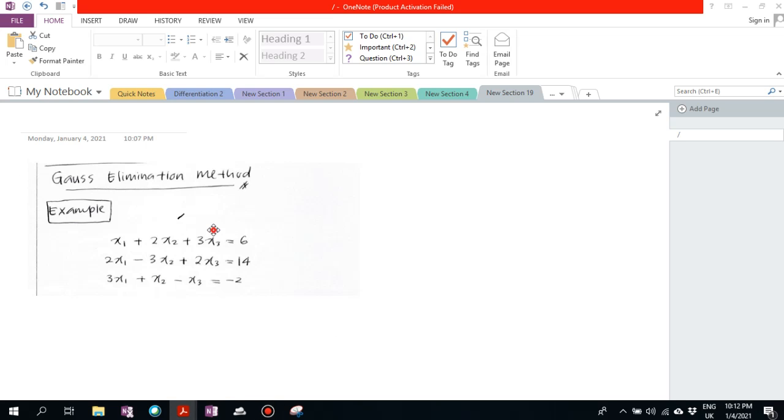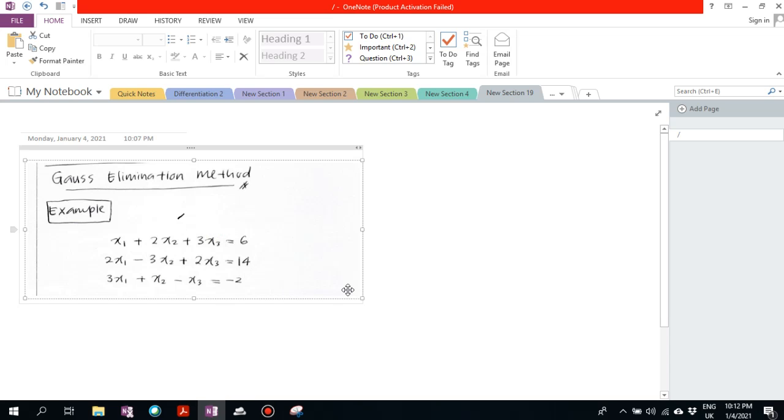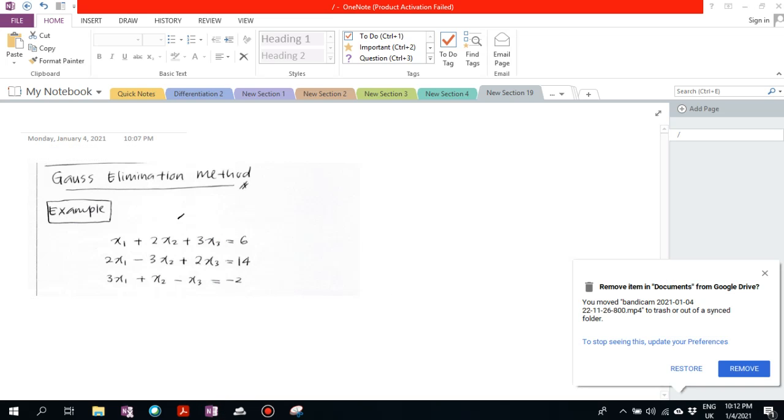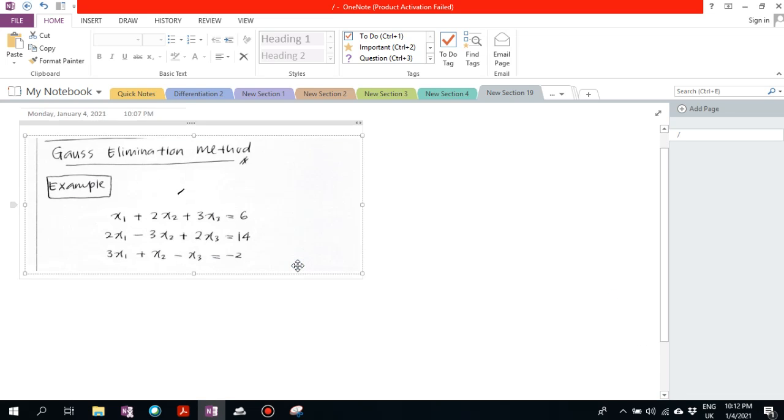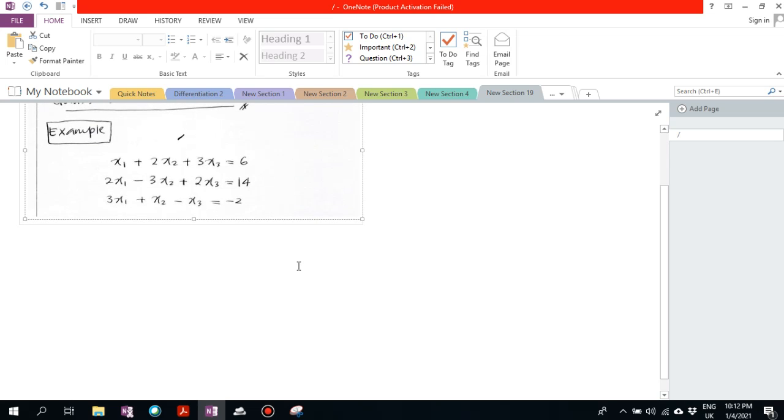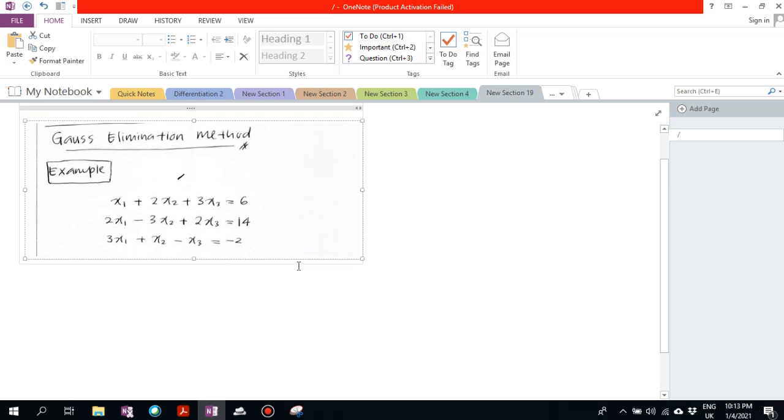Okay, so the next subtopic is another method, which is the Gauss elimination method. Here is an example of the questions. For linear equations, we can use another method, which is the Gauss elimination method. How to use this method is,